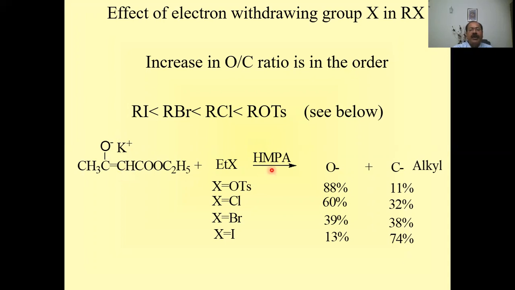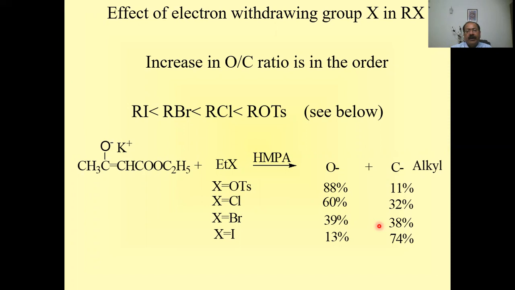Whereas when we do the reaction in aprotic solvents, there is no such solvation of O minus. Rather, there are sometimes known cases of solvation of the corresponding cation. If we say lithium, it gets solubilized by the aprotic solvent, and therefore the equilibrium exists in this form. And this being a stronger nucleophile, it gives the major product as O alkylation. Now, why did it change? Yes, because we are changing from the harder end to the softer end, the ratio is also changing.